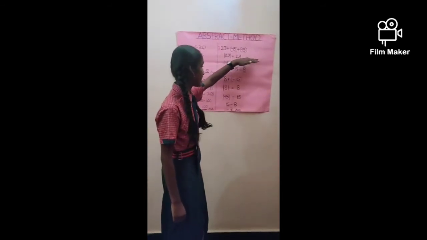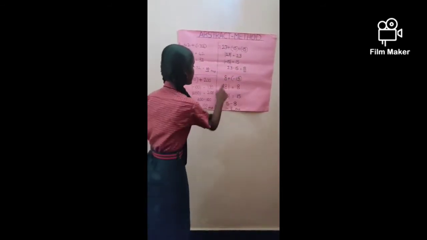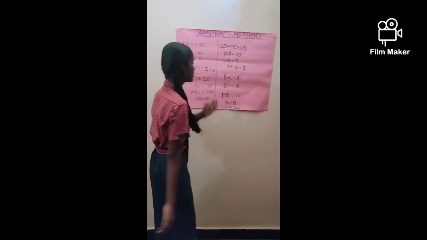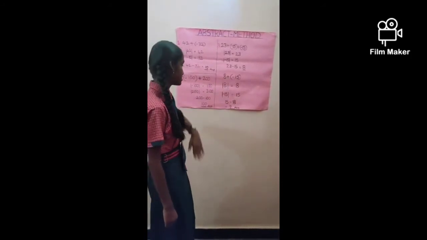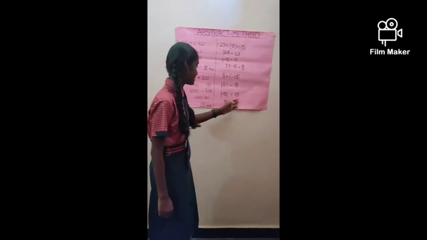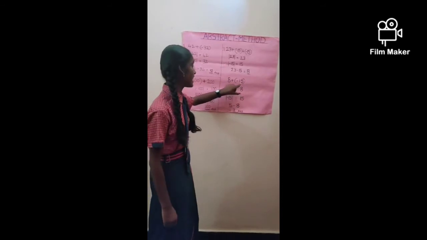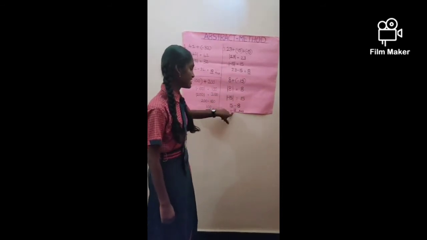One more integer is also there, negative 15. That's why we should add with this. So positive 8 plus negative 15. The absolute value of 8 is 8, and the absolute value of negative 15 is 15. So they both have different signs. That's why we should do subtraction. So 15 minus 8 is equal to 7. In this, 15 is the larger integer, so it has a negative sign. So negative 7 is the answer.